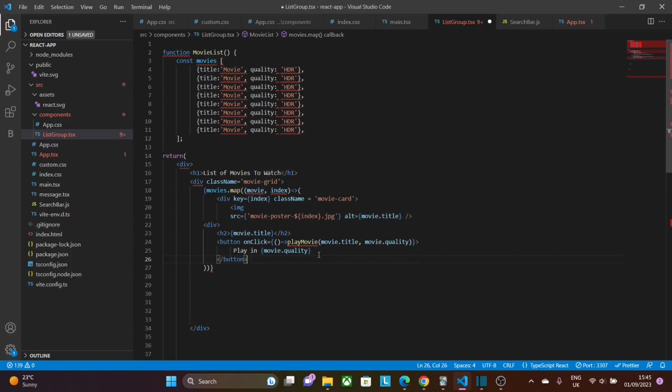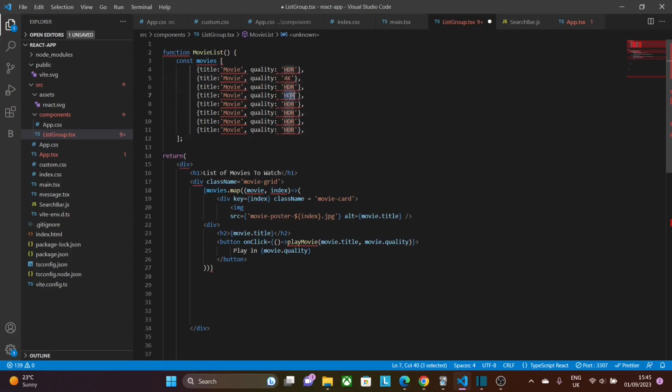Here we close off our button, so this is our button. Underneath our movie title we have the button to click. As we're going to click the button, we're going to play a movie, which will be of course the movie title, the movie we want to watch, and in the quality we want to watch it, either HDR, we can have, sorry, over here, for example, I can have 4K. It's not only HDR, we can have 4K,